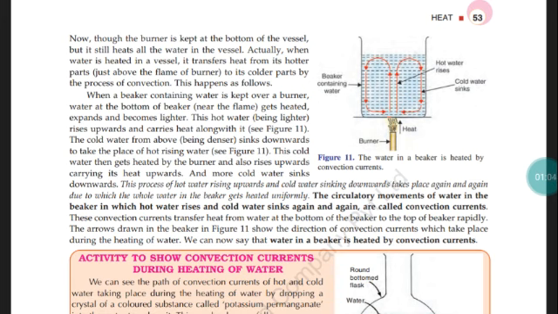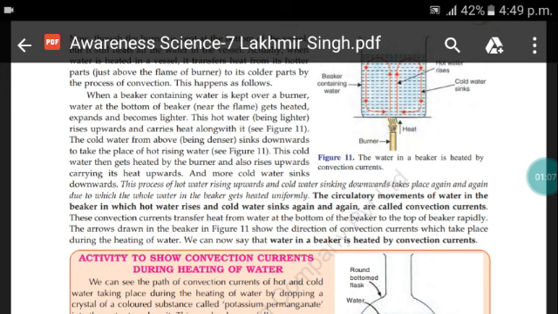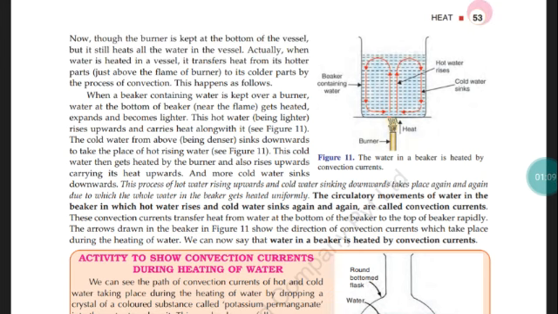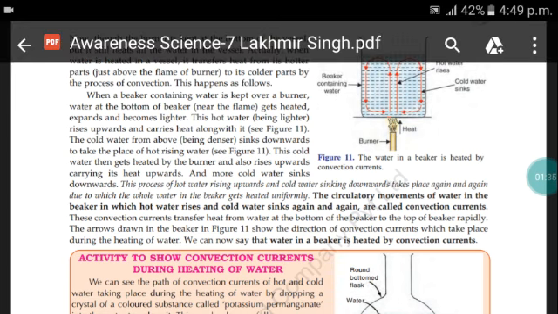This process of hot water, that means how does it get hotter? That means water is what? It is liquid. So the molecules of the water are what? Loosely bound. They can move here and there easily. So the molecules which are at the bottom part start rising upwards, and the water molecules which are at the upper part sink downward, and the process continues.